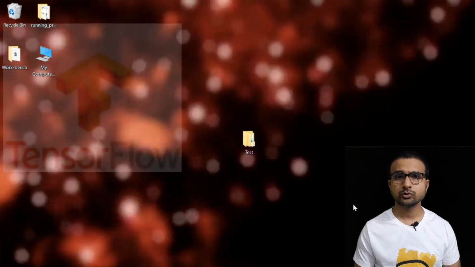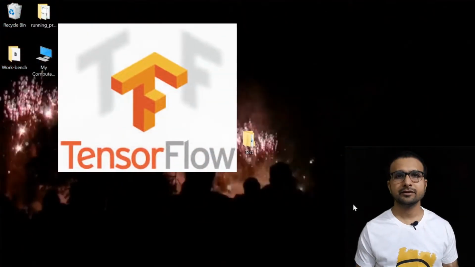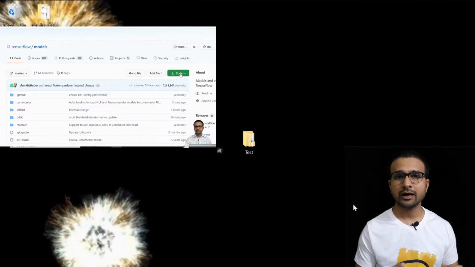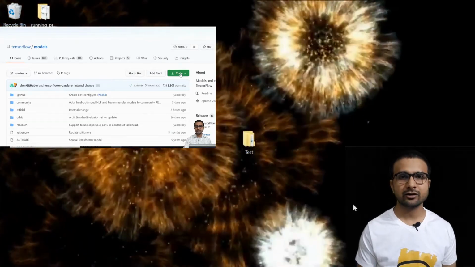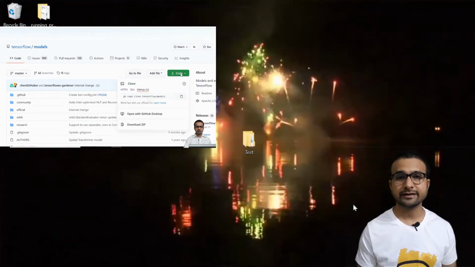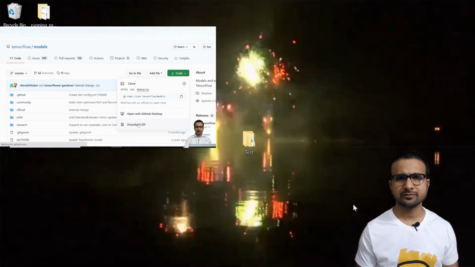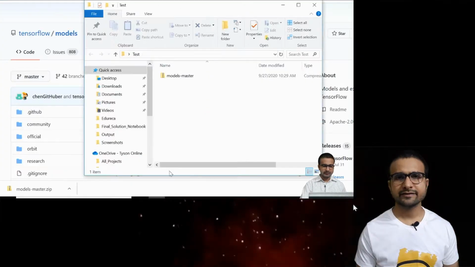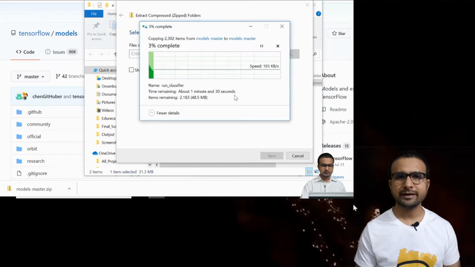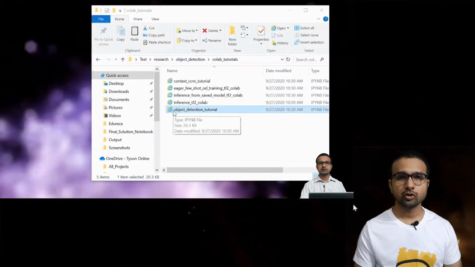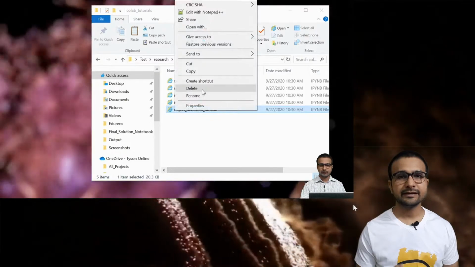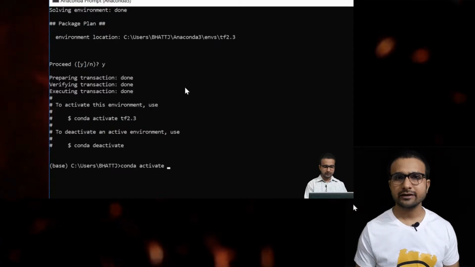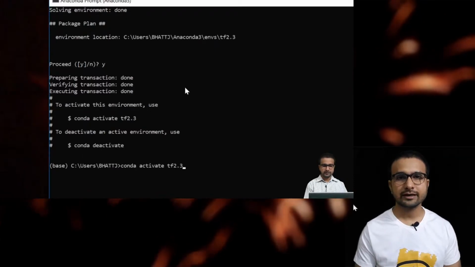So guys, this tutorial is about how to implement the object detection API. In the previous video, we discussed how to install the latest version of TensorFlow and TensorFlow object detection API within your system. Here is a brief recap of what we did last time. We downloaded the TensorFlow master repo, then we copied the object detection notebook to the research folder, and we installed multiple libraries like the latest version of TensorFlow and the Coco dataset. All these basic libraries we installed in our previous lecture.